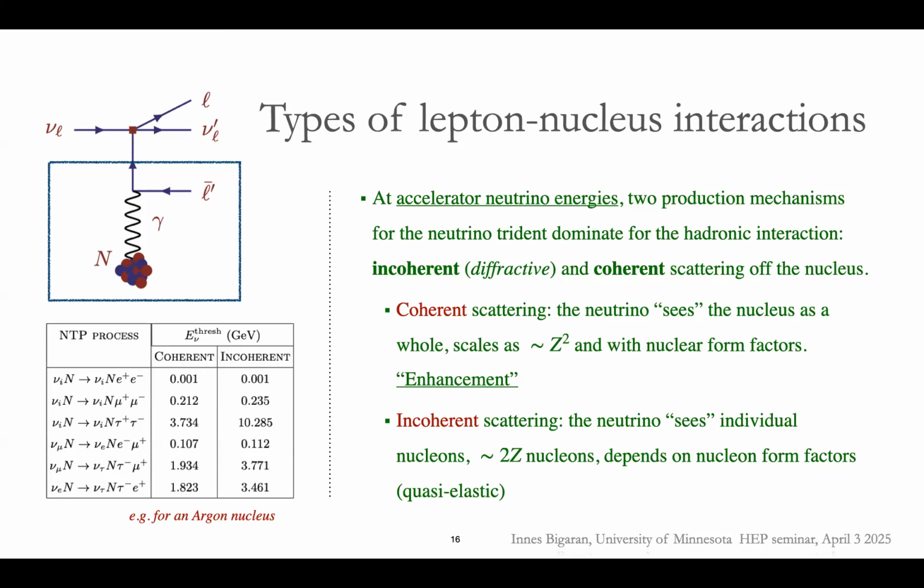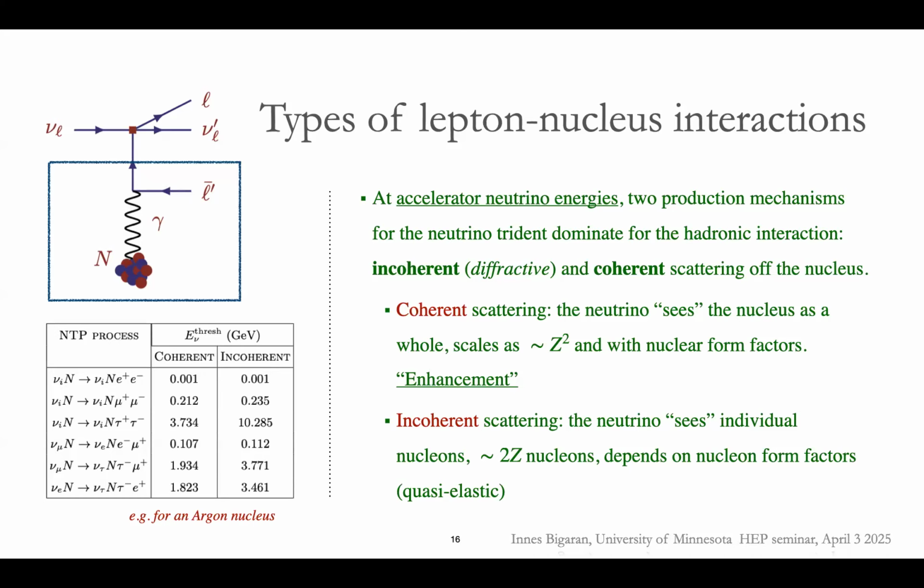Excellent. So we can see that if we do this calculation, we either treat the nucleus as a single nucleon or as a larger state with a particular amount of charge. And you see that the energy threshold for production of coherent or incoherent for different trident interactions is different. For these lighter leptons, it's pretty similar. Either incoherent or coherent interactions are kind of rare. And the energy required is not too much for production, say, of these two final state charged leptons when they're electrons. But as we're increasing in energy,